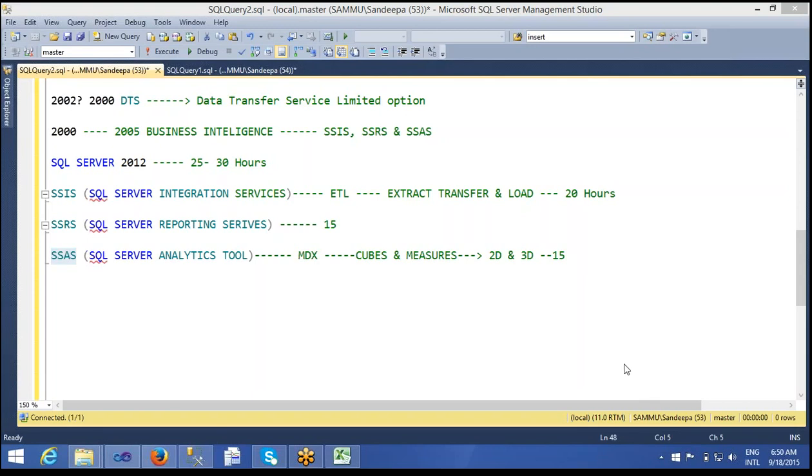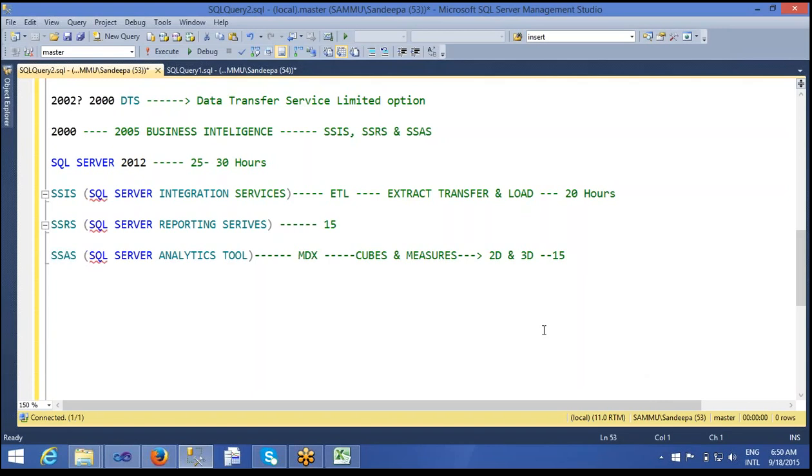Gautami, do you have any doubts? Hello. Rachana, do you have any doubt?